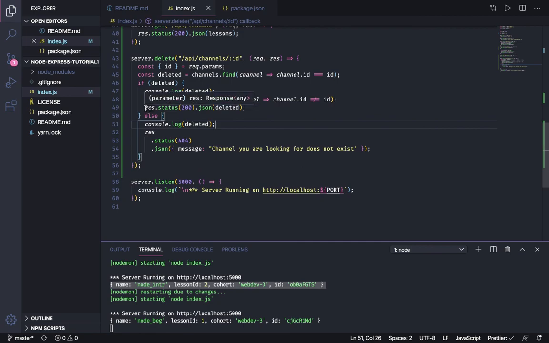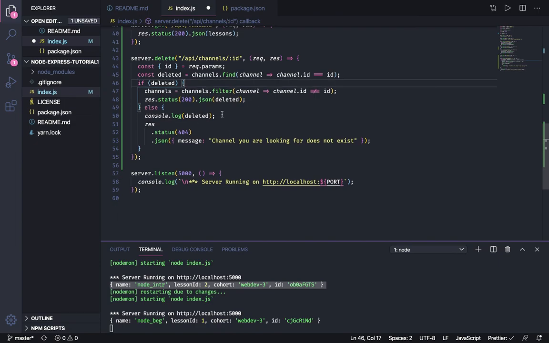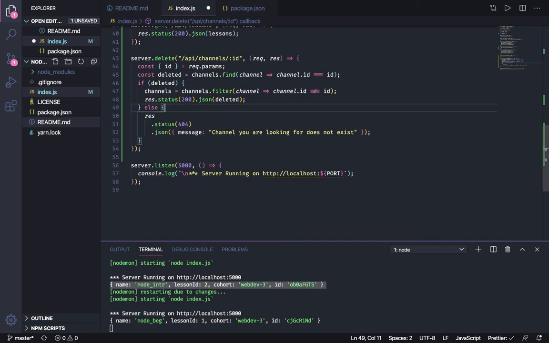Sorry for the mess up, but I think it was educational. I mean, you are going to make mistakes as you develop, and the best thing to do is you start throwing console logs at the places, and it kind of lets you know. We threw a console log right here, and it gave us information. If the console log would have been empty, then we would have known that it would have hopped down here, and so it kind of helps us to zero in on where we need to focus and where we need to troubleshoot. So I will wipe out these console logs to clean up our code base,